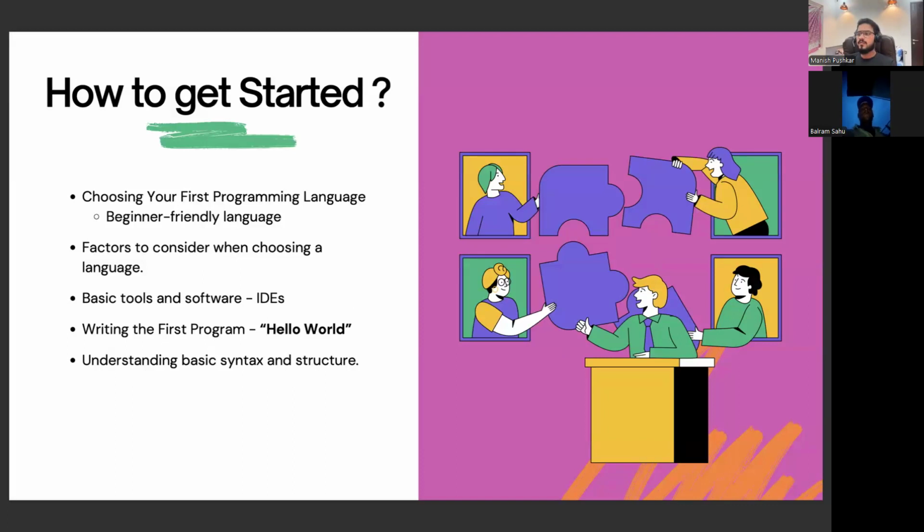अब उसके बाद आता है कि what are the basic tools and software actually, कि कोड कहाँ लिखेंगे, कैसे लिखेंगे, है ना. Where do I type my first program, the hello world which you guys know already, है ना. Probably all the engineers, the first program that anyone has written, it is definitely going to be the hello world program, right? So if we just say कि basic tools and software क्या चाहिए, so basic tools में you just need one IDE. IDE क्या होता है? IDE is simply a text editor which helps you write code.